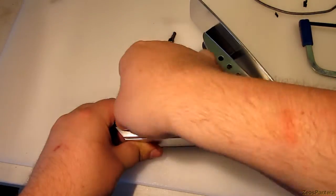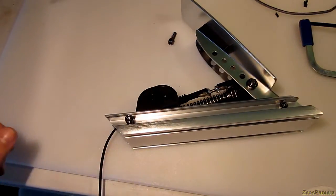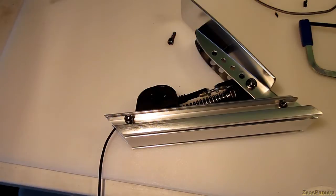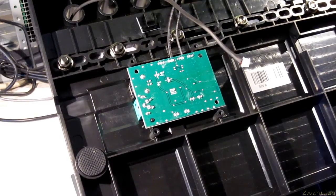Where is this? Alright, and then just get your Allen key or grab the adapter bit and just screw this back in place, and it's fixed. Alright, now on the bottom of the unit, under this little cover which is over here, just like that,